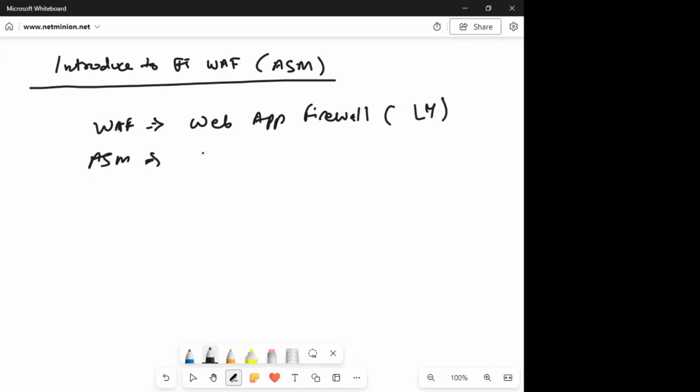ASM is Application Security Manager. So these two terms are interchangeable, because earlier the name was ASM and the new name is Advanced WAF. WAF is a generic name; WAF means a web application firewall. It can be any firewall which protects